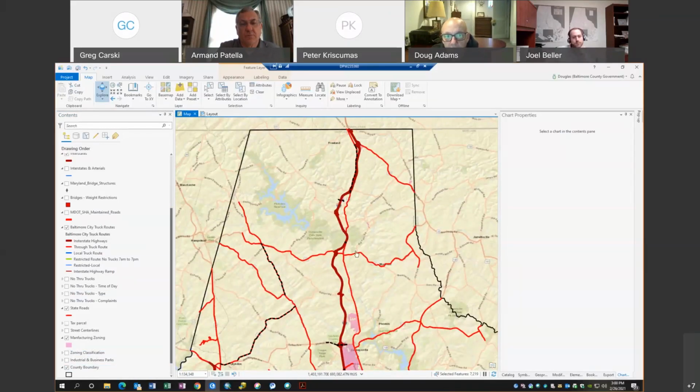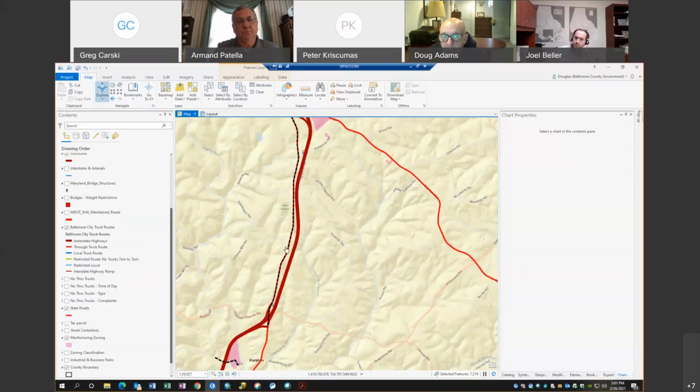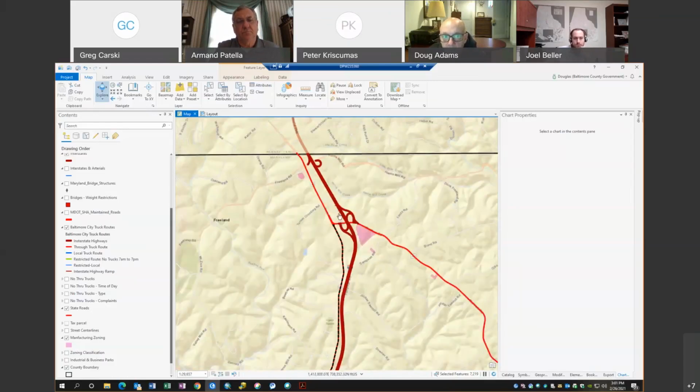The one big one that I know is not based on any real constraint of width, height, or weight is this restriction up here in the north end of the county on York Road, because they're trying to keep people from bypassing the weigh station that's up here. They don't want people to come into Maryland and jump on York Road so they can get around getting weighed.